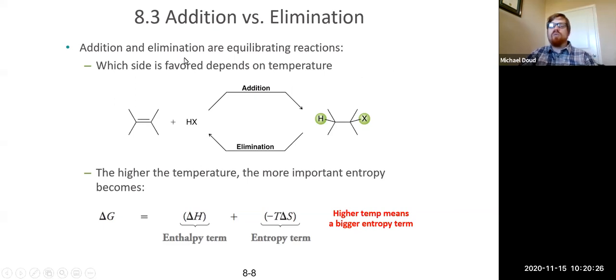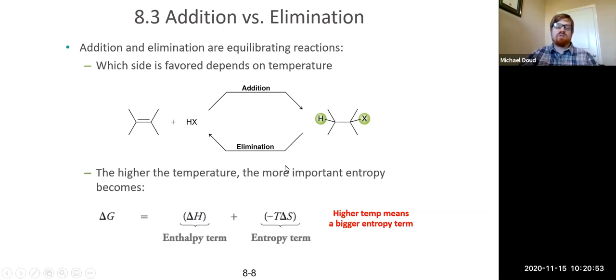So that's a good thing because we notice it's the reverse of the reaction we studied before, but it's also a bad thing. Because in organic chemistry, one of our goals is to be able to synthesize and use a particular route. And if we have a bunch of reversible reactions, then we're not really getting to a final product like what we want to get to. So we have to be able to manipulate it